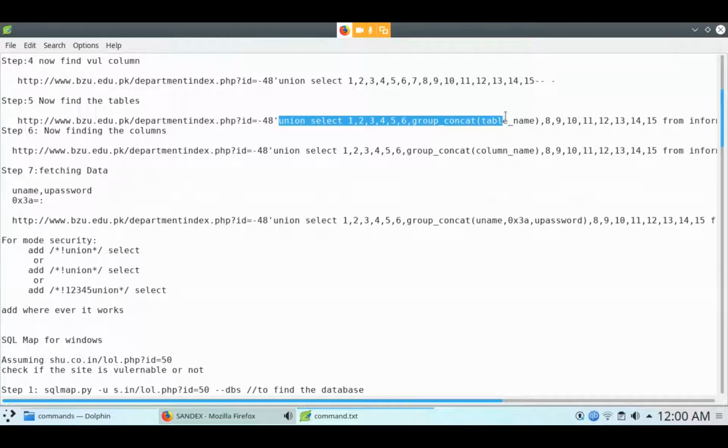Here I am using this one command to find the vulnerable table from the database. The command is always the same.